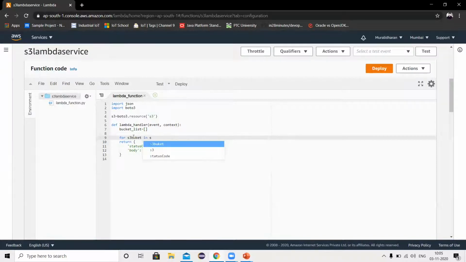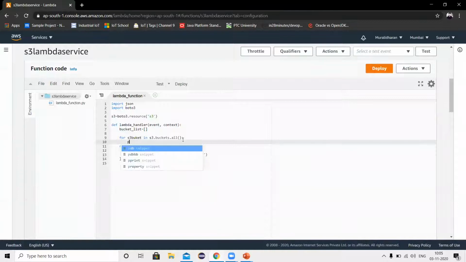For s3_bucket in s3.buckets.all. This is a loop. It will iterate one by one, and it will get the complete names.